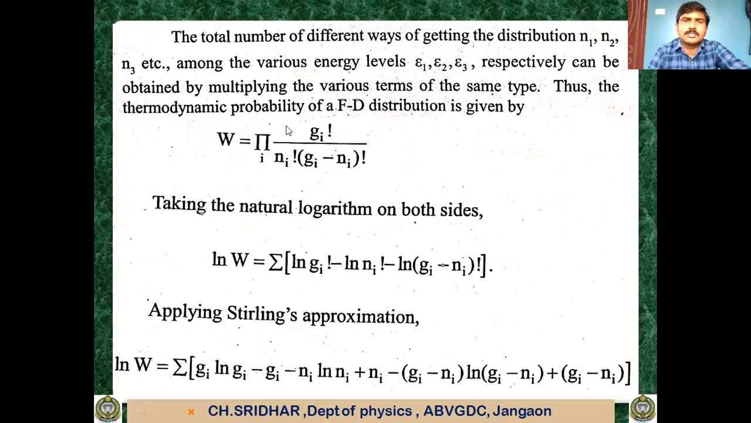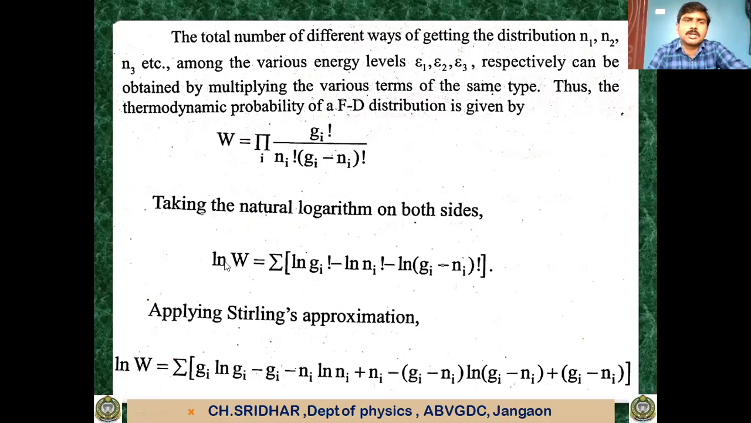So actually this term gives the probability of distribution of Ni particles in Gi levels for one state. Likewise we have from E1 to En states. So we can expand the total distribution and we can obtain the thermodynamic probability of the distribution as W is equal to the product over i of Gi factorial by Ni factorial into Gi minus Ni factorial, and taking the natural logarithm on both sides,